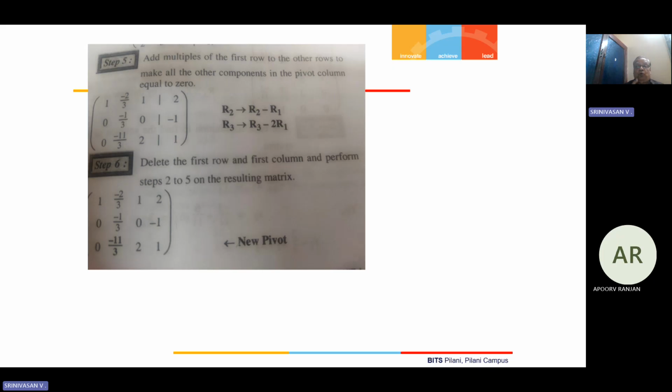Now you should go to the second column. In the second column, take absolute values: 2 by 3, 1 by 3, 11 by 3. Which is the largest? 11 by 3 is the largest, isn't it? In absolute terms. Yes, absolute. You are right. Absolute mod of minus 11 by 3